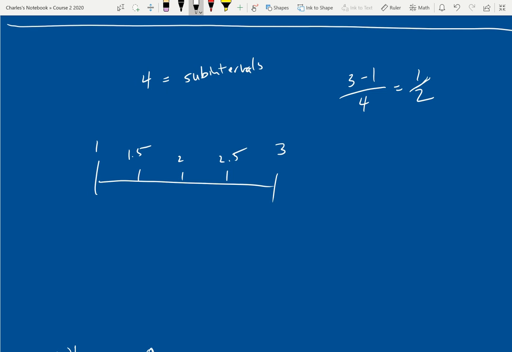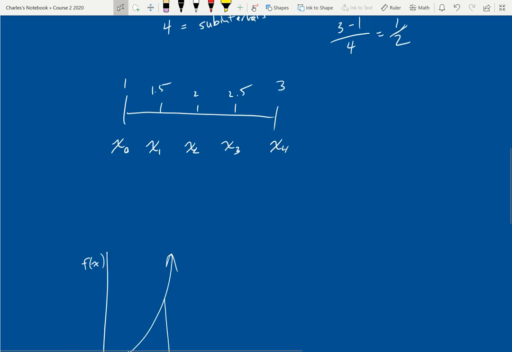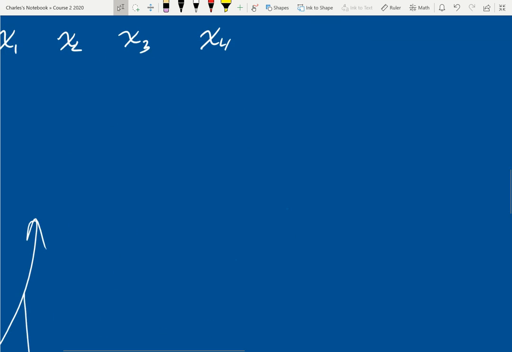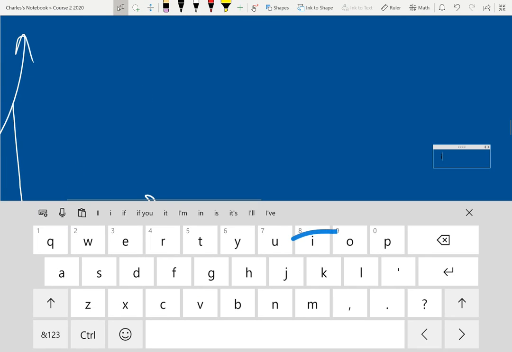And a lot of times what we're going to see these notated as are x with a subscript. The subscript is a number below a value. So I'm going to call the first one x sub 0, or x naught. A lot of times they'll call that x naught, x1, x2, x3, and x4. And then what a lot of times we're going to be trying to do in the near future, and this bleeds into calculus very much, this is a very important topic in calculus, is what if we're trying to find,